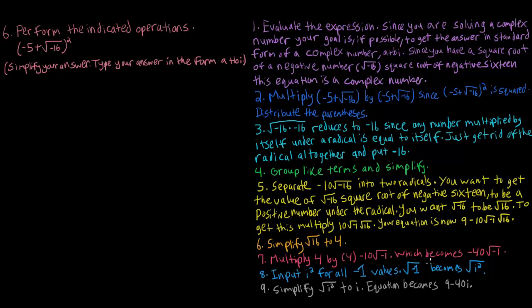Number 6. Perform the indicated operations. Negative 5 plus the square root of negative 16, all in parentheses, squared. Simplify your answer. Type your answer in the form a plus bi. So step 1 is going to be to evaluate the expression, and since we're solving a complex number, our goal, if possible, is to get the answer in the standard form of a complex number, which is a plus bi. And in this case, since you have a square root of a negative number, which is the square root of negative 16 right here,